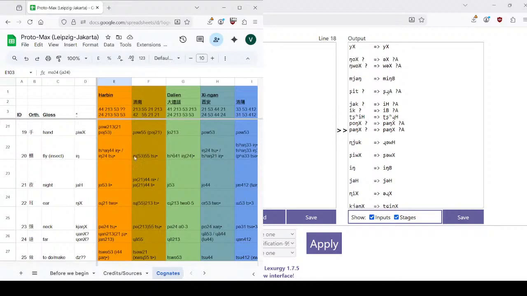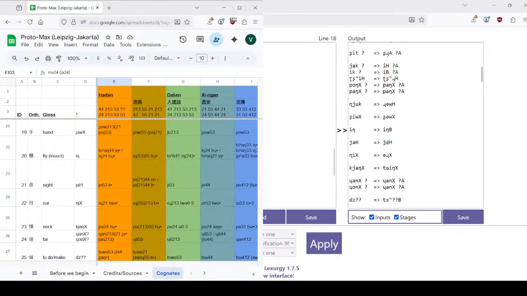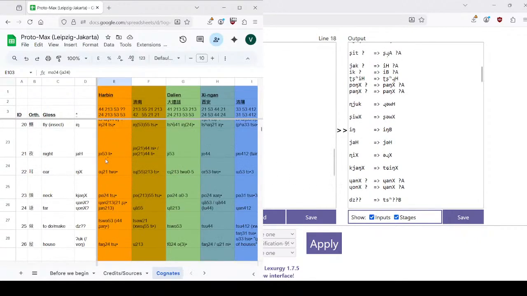Hand, fly, the insect, going, I think only the ying can be reconstructed. So ying, or sorry, not ying, that's my bad, should be ying. Ying becoming ying. Night, ya becoming ye. Ear, ni becoming r. And 2-1 is just because of Santi reasons, because there's something behind it. The final three drops off. Neck, yang becoming jing. That's normal.